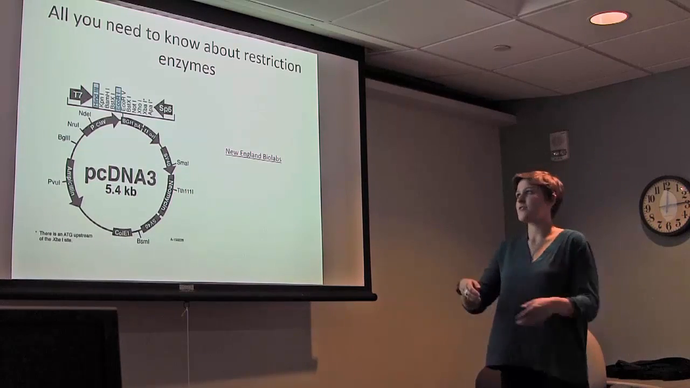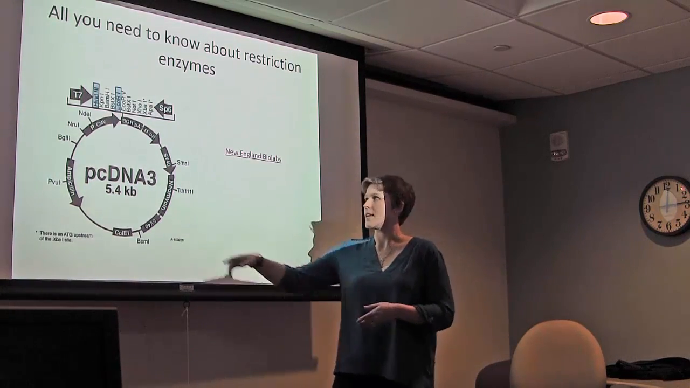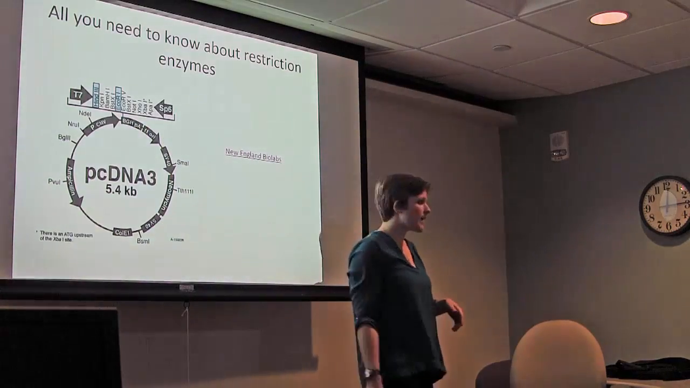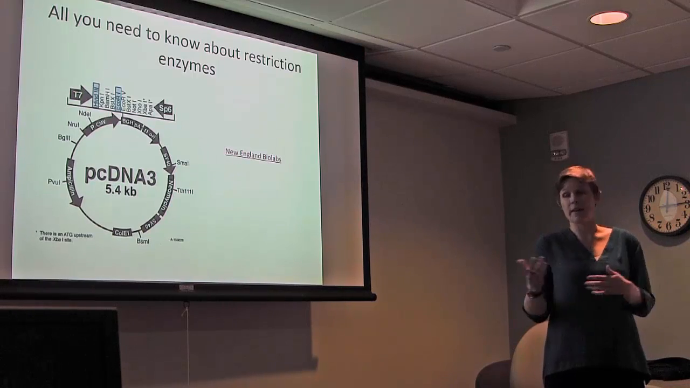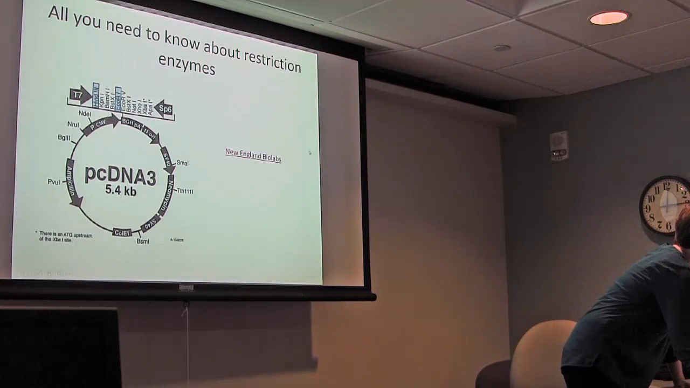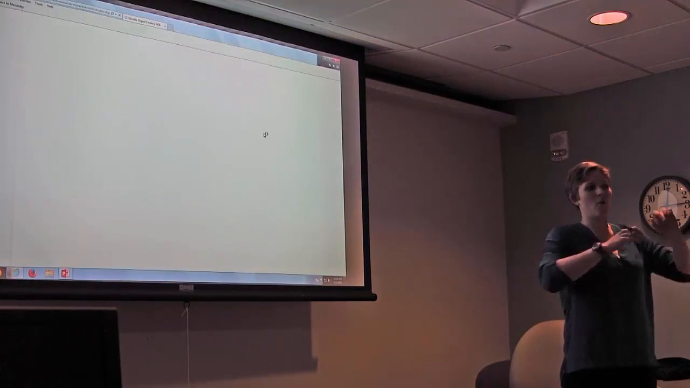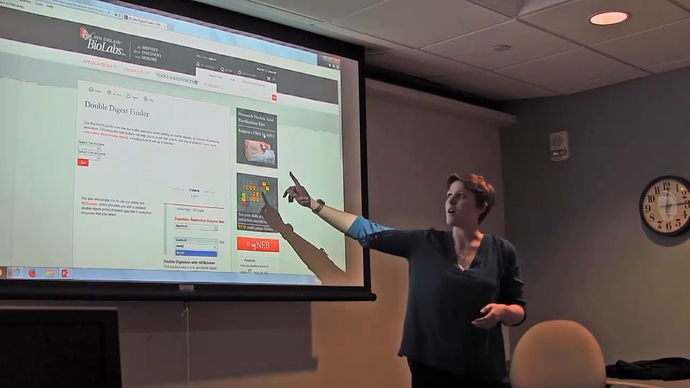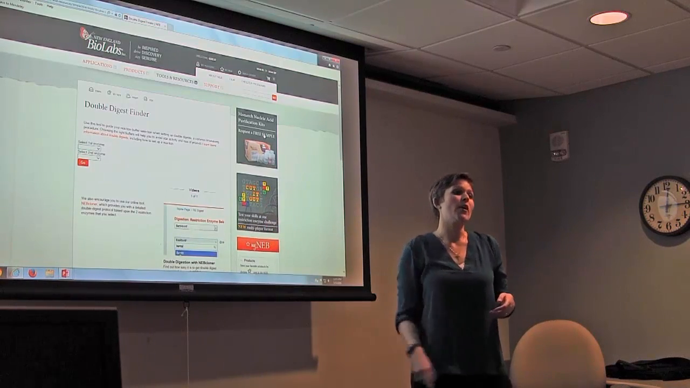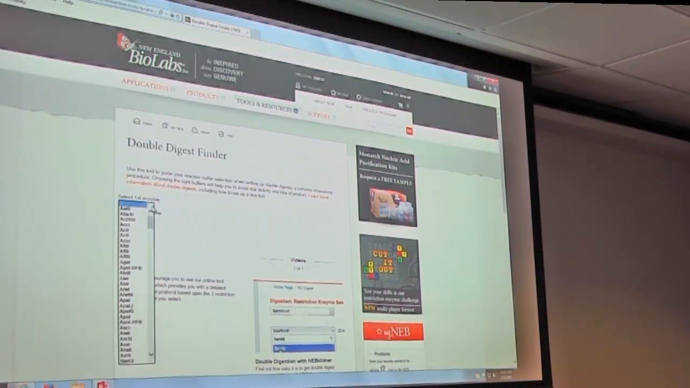So in this case, for this pcDNA3, if you said, I want to use the HindIII and the EcoRI restriction site, that's what you're going to design your insert based on. And what you can do that's really nice is go to New England Biolabs. They have all of the restriction enzymes. They also have this really cool tool called the Double Digest Finder. So if you decide, I want to cleave with EcoRI